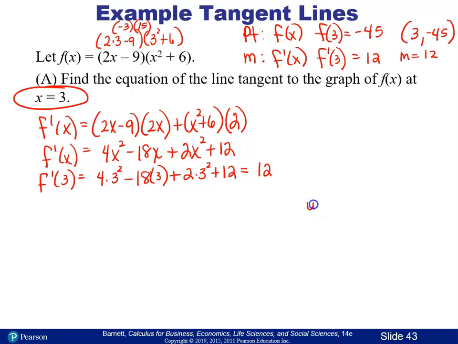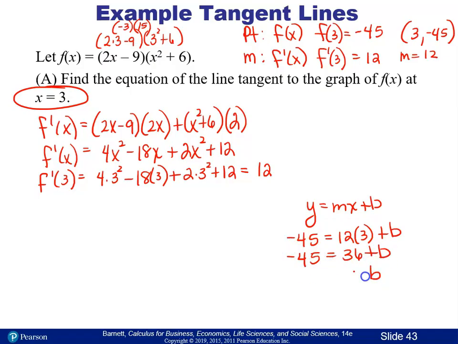So I just go to my y equals mx plus b and plug everything in. So negative 45 is equal to 12 times 3 plus b. So this will be 36. So b is going to be, looks like negative 81. So I have y equals